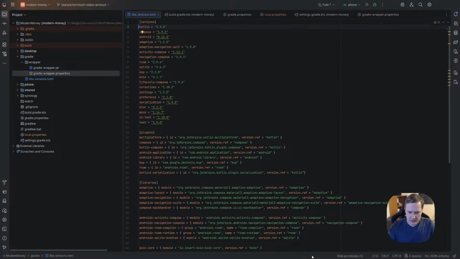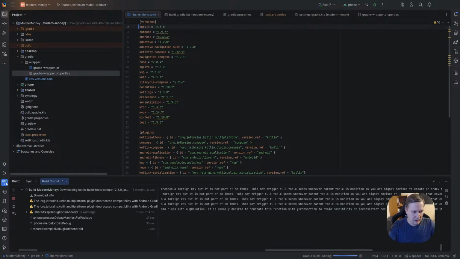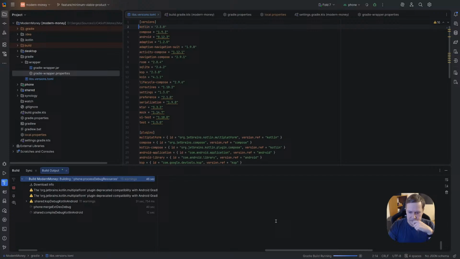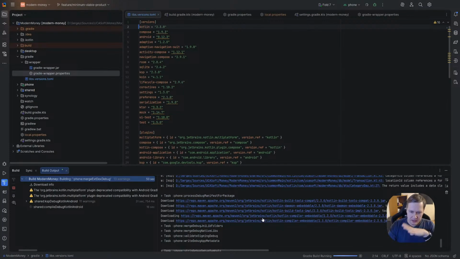So far you don't see any changes, but building is going. Let's see what is going on. Build, how to show build, run, debug. Yeah, build is here. Yes, this problem we will fix. It downloads on build.